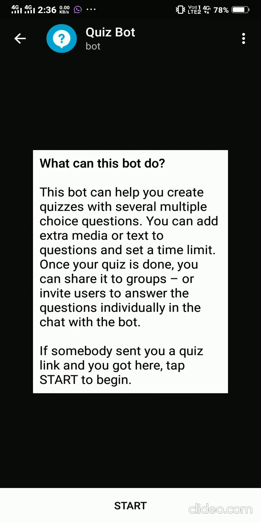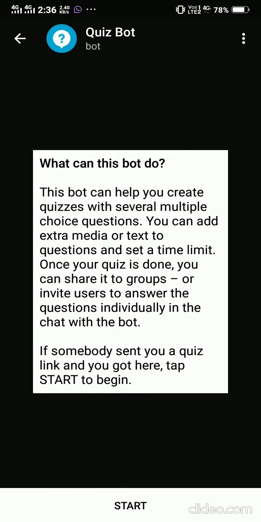After the quiz is done, this bot creates a specialized quiz according to your desires. After creating, what should you do? If you want to share that quiz to any of your groups, mainly many colleges will be doing this. They will be arranging some Telegram bots and organizing quizzes. If you want to share to your groups, it will help for that.